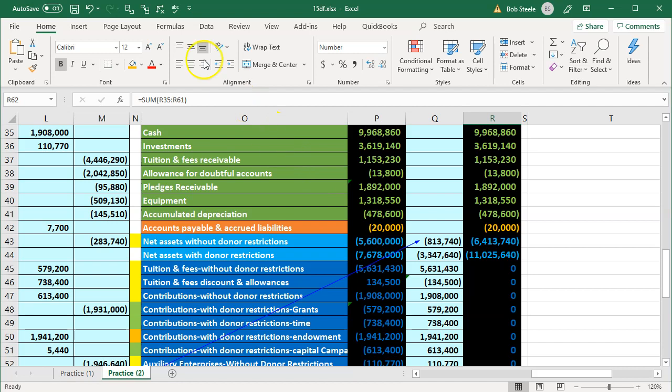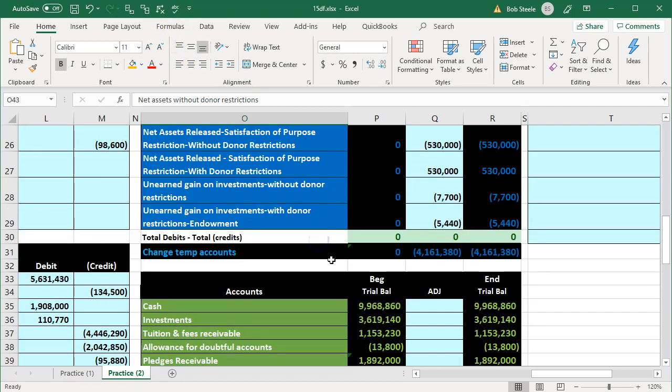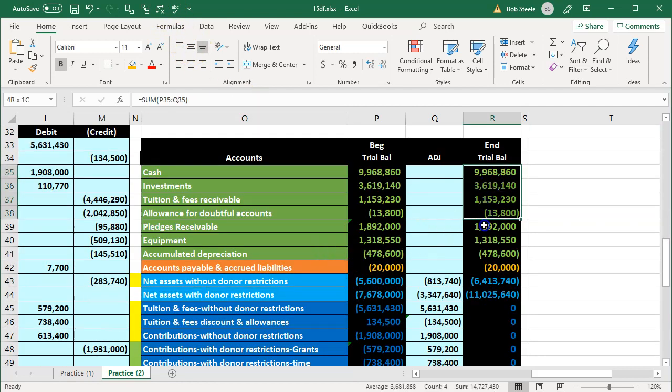This is going to be then our post-closing trial balance, where we can see that we have the assets, the liabilities, and then the net assets, and we have no temporary accounts. They have then been closed out. We can see that the assets minus the liabilities add up to the 17,439,380, which of course is the same as our net assets, which is similar to equity in a for-profit organization,